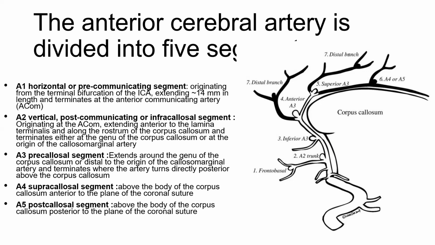It's very important for you to have this point in your mind. And then comes the postcallosal segment of the body of the corpus callosum that is posterior to the plane of the coronal suture. So the plane of the coronal suture is important for you to demarcate the A4 and the A5 segment. The segment of the anterior cerebral artery that is anterior to this plane of coronal suture is the A4, and the part that lies behind it is the A5 postcallosal